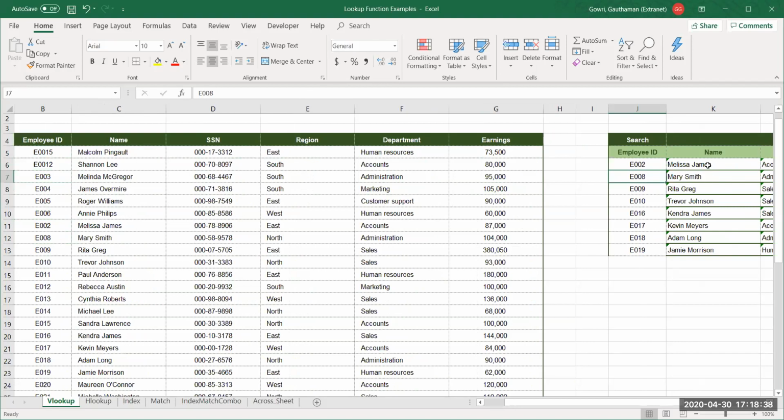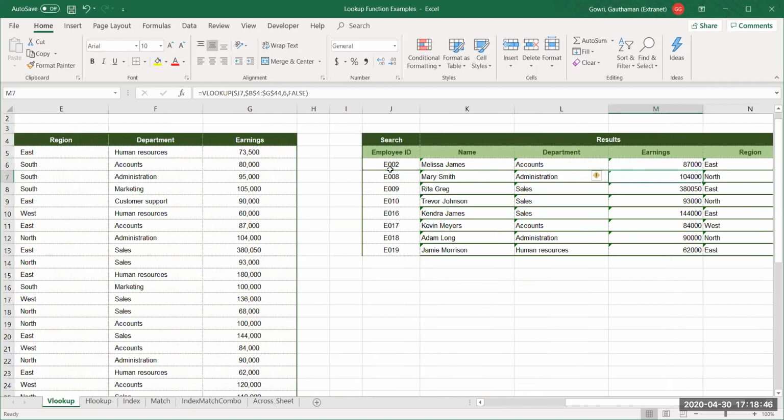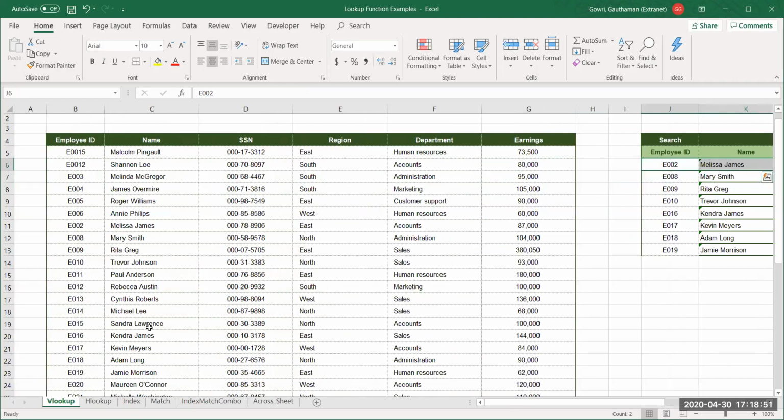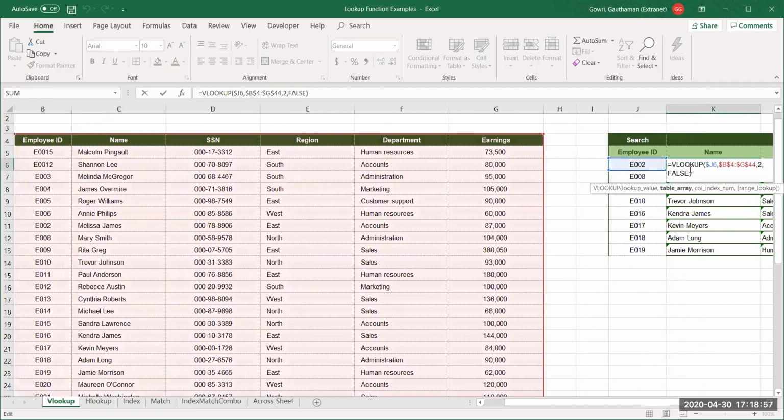Now, see, I gave false, so it is giving me Melissa James. So you are getting the exact result over here, E002, Melissa James. You can see here, even here you have the same thing. Suppose I went and changed this to true. I'll change it to true now.